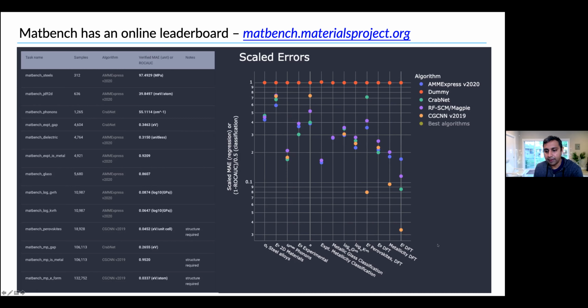Here's a plot of the same thing. So the different tasks going from left to right, and then you see these different algorithms and how they're performing. You'll see different characteristics, by the way, which I'll point out again later. For example, CGCNN is a graph neural network, and you'll see that in the beginning, these data sets on the left have low data points, and you can see that CGCNN has relatively high errors up here, but then down here where you have very large data sets, these are the 100,000 points or so, it really does much, much better than some of the other algorithms. And so you see these sorts of trends as you go through the data of which algorithms are working better on which problems.